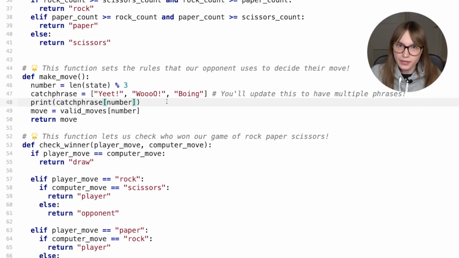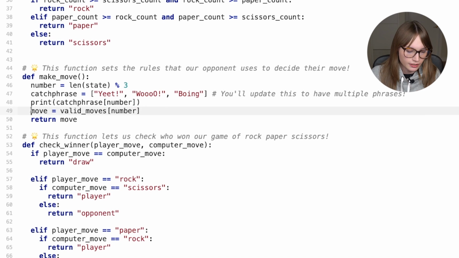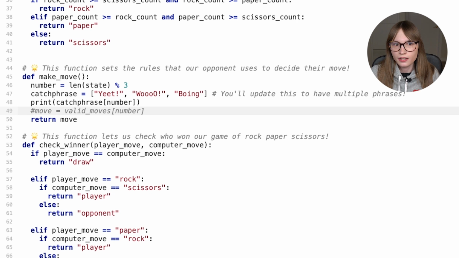So we're still in our make move function, the code that makes the computer make a move. Well, first up, let's get rid of what currently decides what our move is. But we don't want to delete it. We might want to go back to that in the future. So if you click at the start of the line and you put a hash, this is going to turn the code into a comment. A comment is a bit of code that doesn't actually do anything. Nothing after a hash will run. It just lets us give notes to ourselves, or it lets us have code that we just want to keep there in case we want to use it again. So feel free to comment out code as you see necessary.